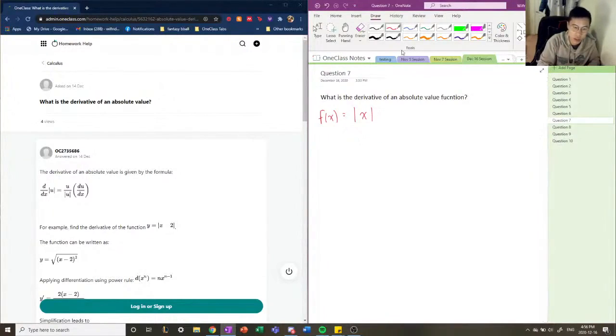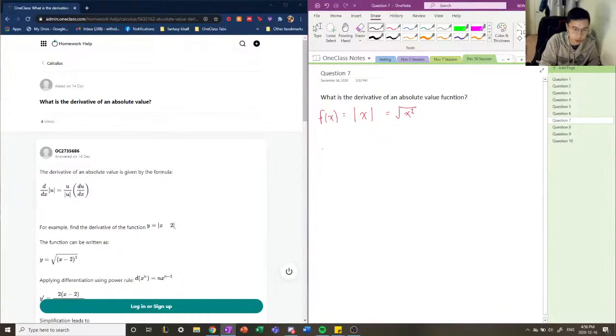So there's another way that we can interpret the absolute value function, and we can interpret it as such: the square root of x squared. So the x squared gets rid of any negative value, but squares our value. So we square it first, and then we square root it to revert it back to its original value. So this is another interpretation of the absolute value function, and we'll be using this interpretation to calculate our derivative. Okay,